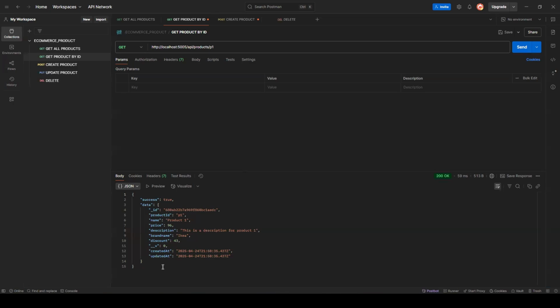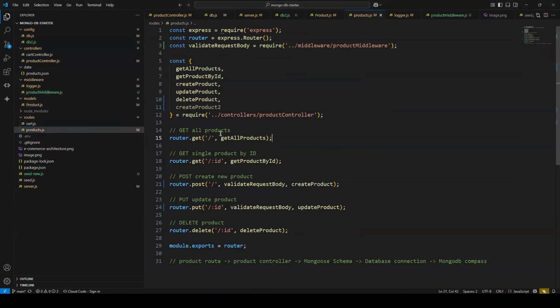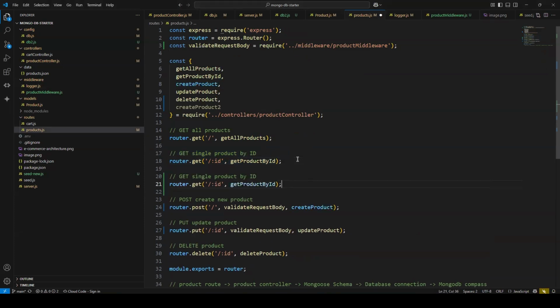you could pretty much do any of these operations that we see here: filtering, sorting, price less than 100, price greater than 100. You could do any of that in our API. So if we go to our product routes, get all the products by ID, get all products. Let's add another route. Get all products by ID, product